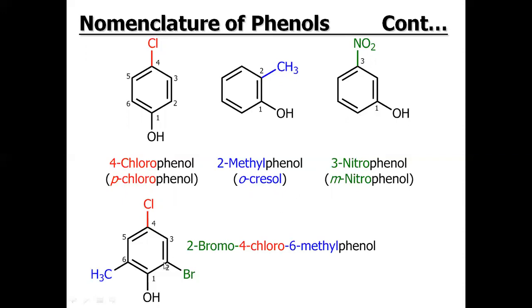If we have the aromatic ring having a hydroxyl group and a more substituted structure, see in this case, we have the bromo and methyl group on both sides of the hydroxyl group. In this case, priority will be given to the group with the heavier atomic number, which is the bromo here. So we will start numbering from this side, and then at 2 position we have the bromo, at 4 position we have the chloro, and at 6 position we have the methyl group. The name will be 2-bromo-4-chloro-6-methylphenol.